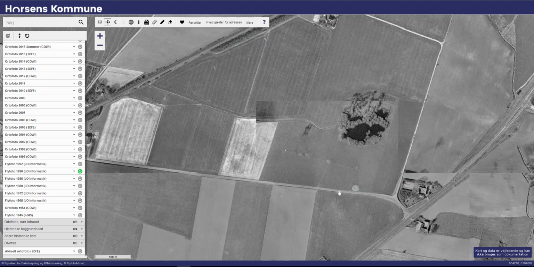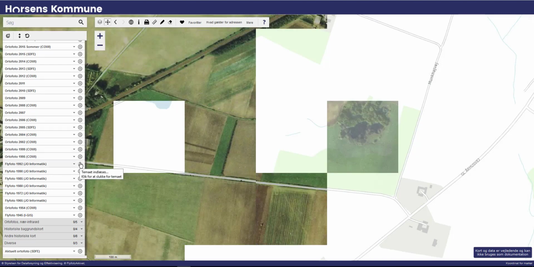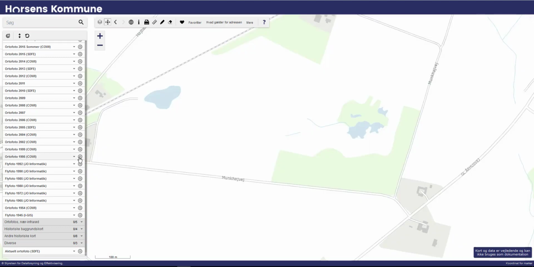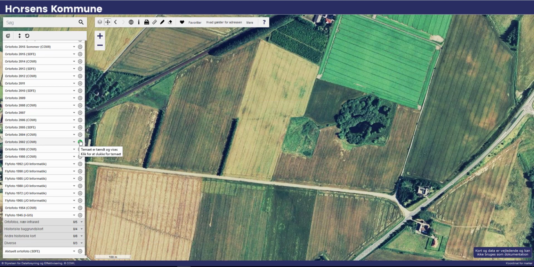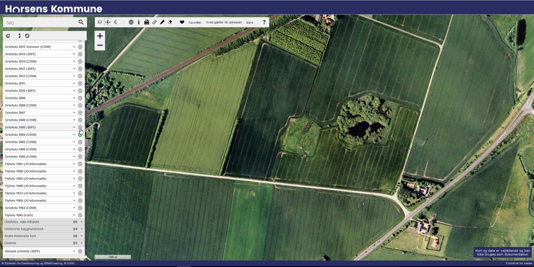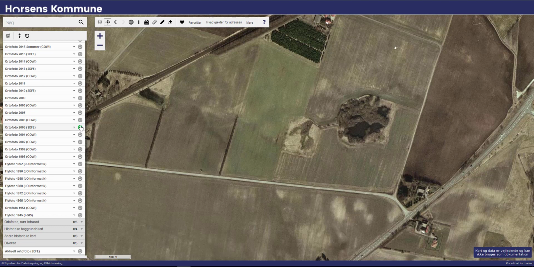Whatever was here is now gone, but it might be a hole that has been filled up with fill material or polluted material. We never know. Now let's go to 2002. You can see this area is used for something special. We don't really know what it is. Still used. Now 2005,